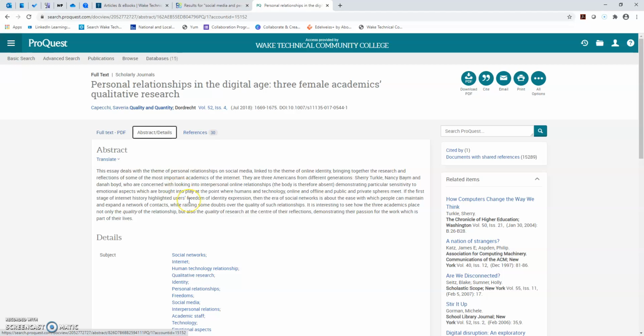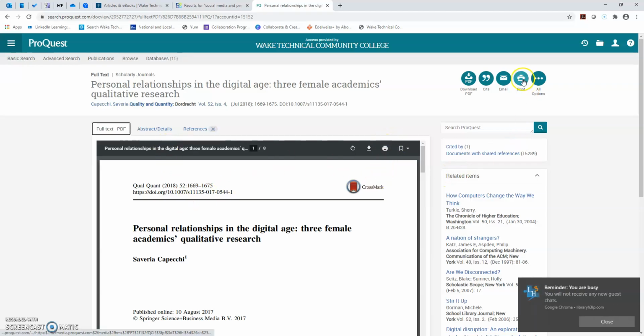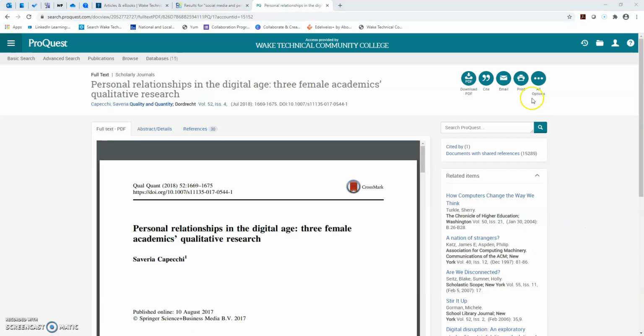So once you decide upon that and you say, I want to continue to use this article, full text PDF, if you click on that tab, that will get you back here, and you can use this button here to download a copy of it, or you can use the little print button to print a copy of it. You can also do that from here. You can download a copy of the PDF from this button, or print it from this button.